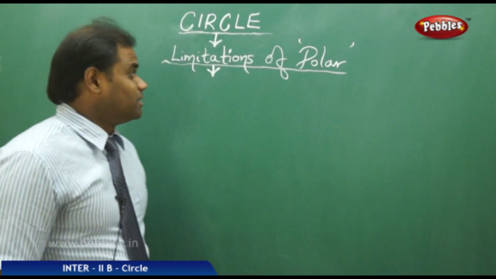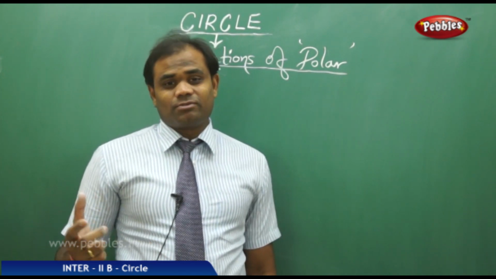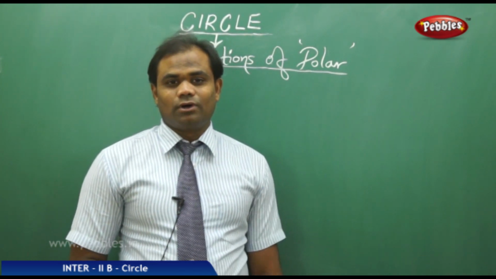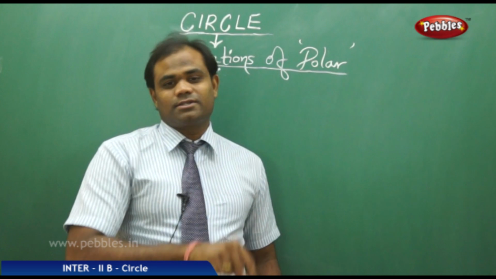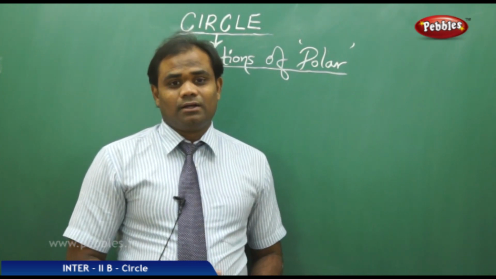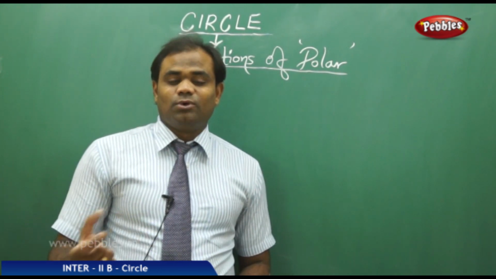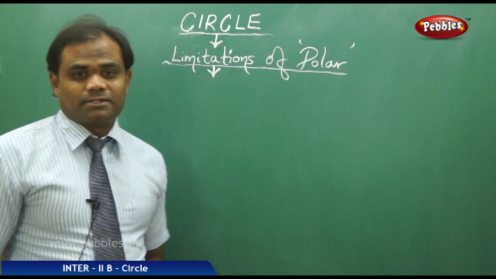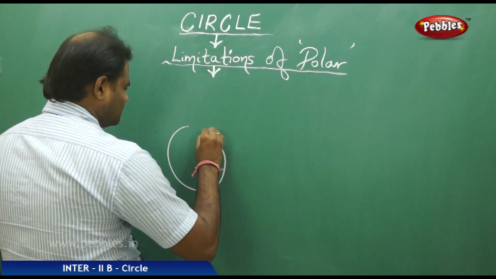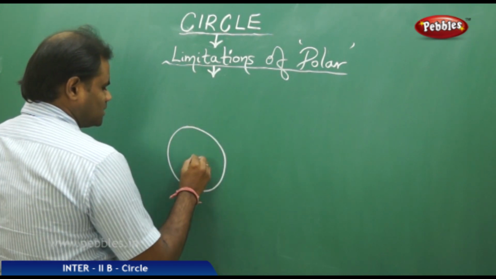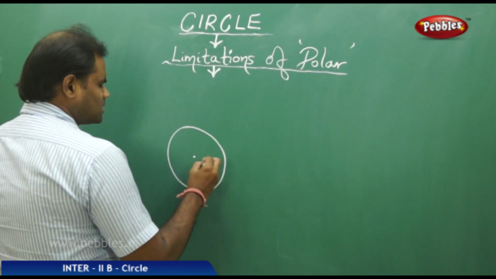Now let's see the limitations of the polar, that is, what happens when the pole P (x1, y1) is at the center of the circle, because in the previous case I had taken the condition that, except when P lies at the center of the circle, we can define a polar. So let's take an exclusive look at why the polar does not exist when the pole lies at the center of the circle. Say for example, I take a circle with center C, or the pole is the center of the circle itself,